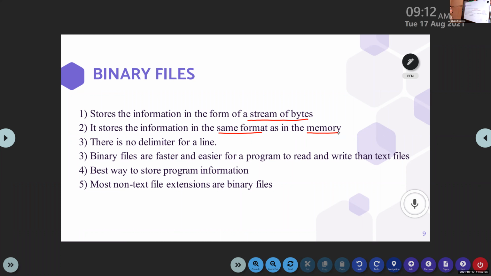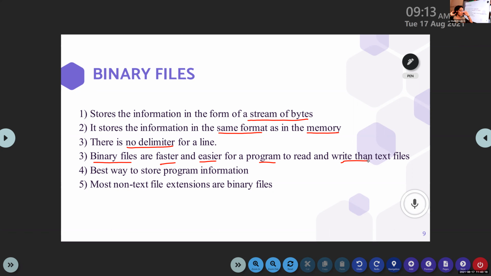So in this type of file, the information is stored in the same format as it is stored in the memory. And one more thing, there is no delimiter, which means that there is no special character like end of file. And binary files are faster and easier for a program to read and write than text files.